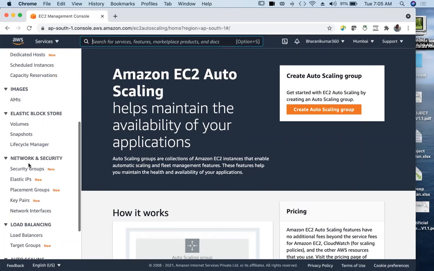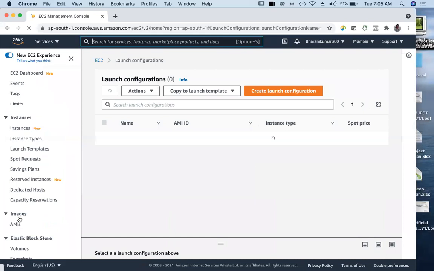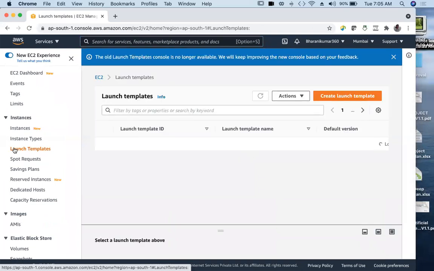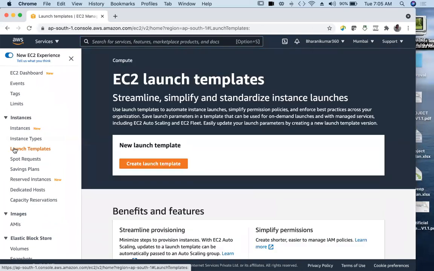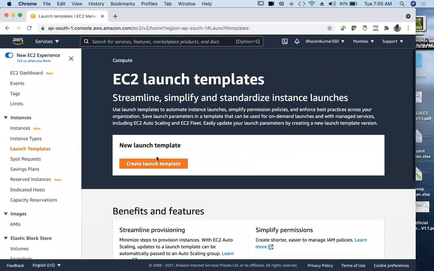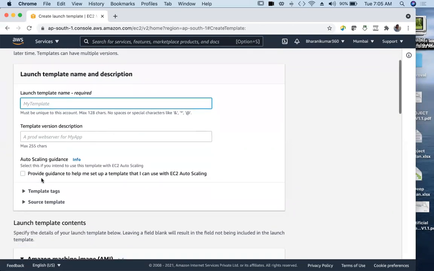Today we will use launch templates. I have the launch configuration which we created yesterday. This one is there, but let's use a launch template today. And it's very much like a launch configuration. Name, template, description, all these things.